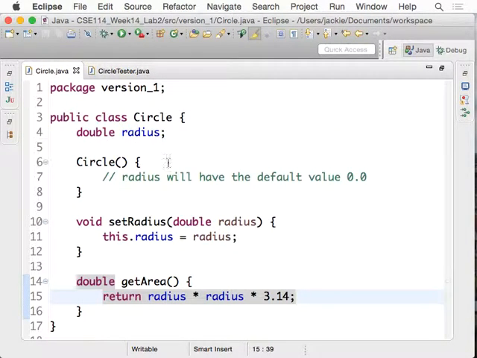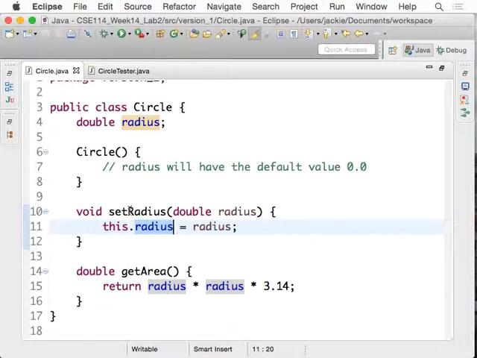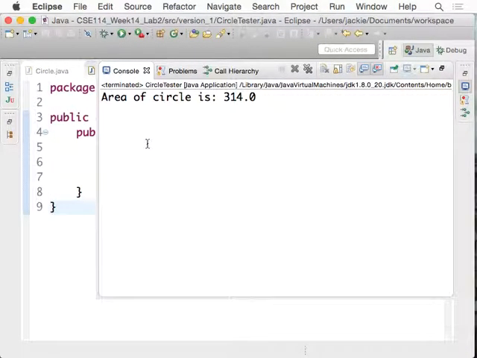Remember, in the circle here, we always set the radius to be the radius, right? That's intentional, but let's live with that for now. So you can see whenever we set the radius, whatever value you got will be set as the new radius, and then you get the area from there. So now circle tester, if you run it, it's going to tell you that the area of circle is 314, because -10 times -10 will be 100, times 3.14 will give you 314. Apparently this output is wrong, because you should not have a circle with negative radius. So there's something wrong here, because we should have got some error message to the user,